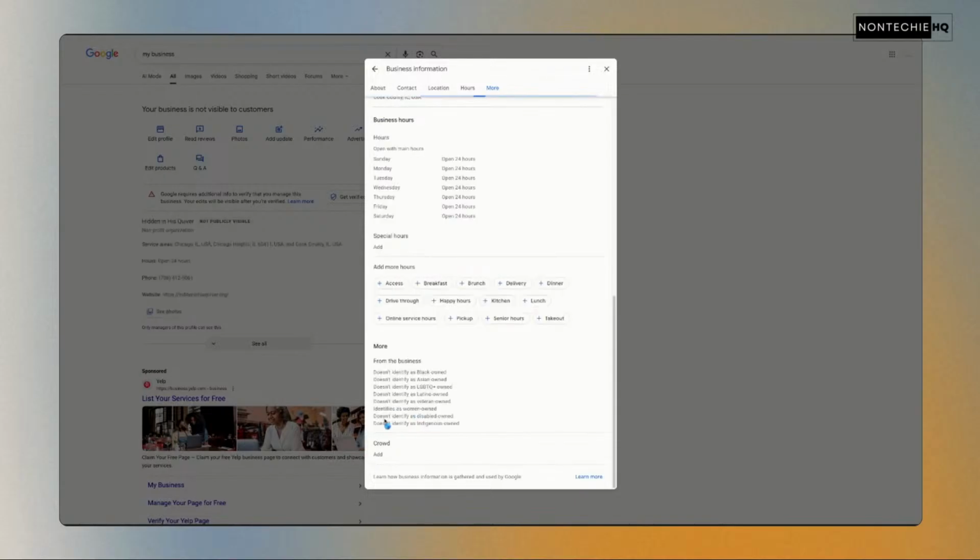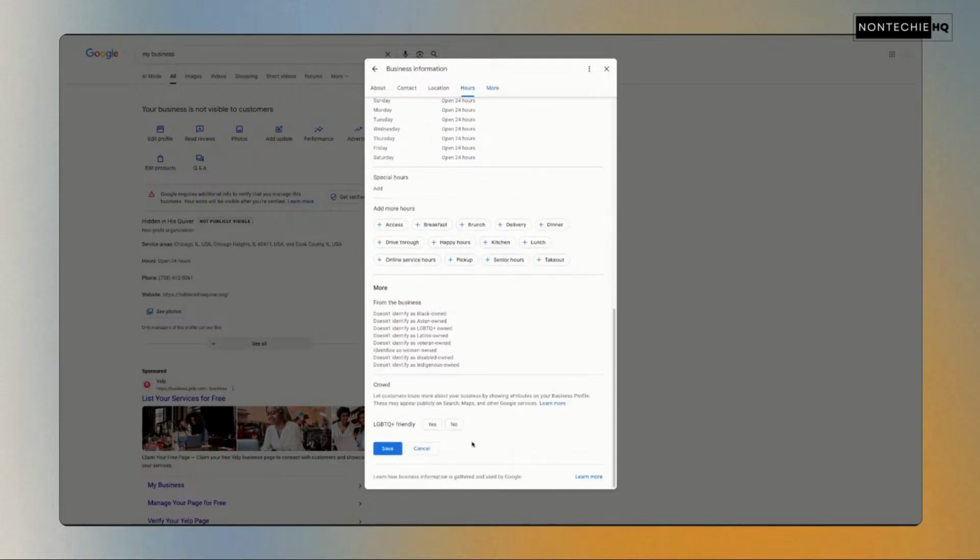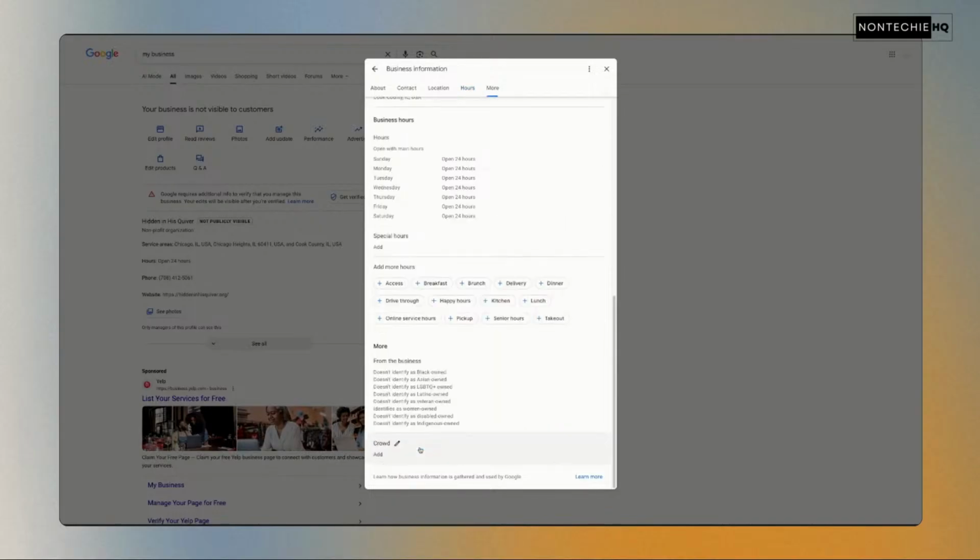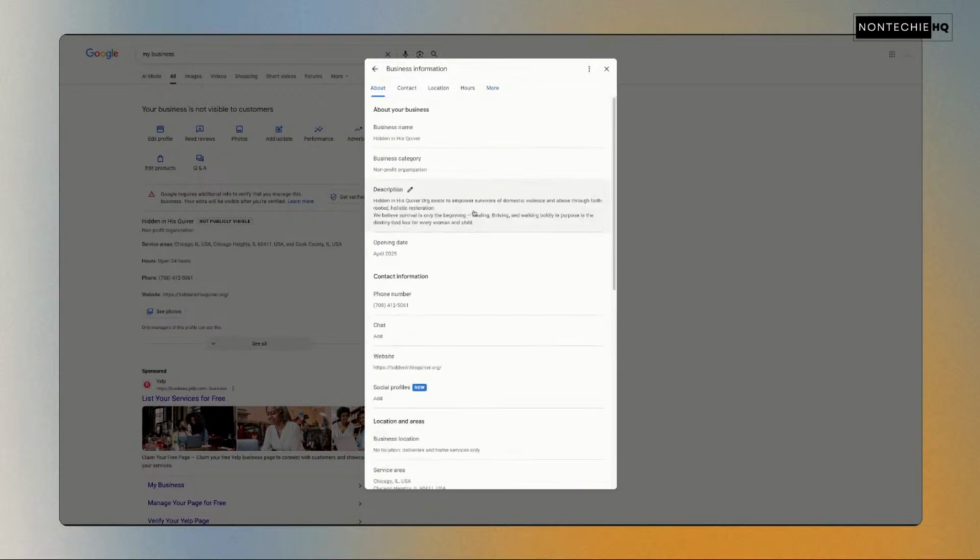Typically, you could put just the yes, and it will only show what you identify as. Then this shows if you are friendly to LGBTQ plus or not. And that is all of your business information here. This is where you'll be able to see and update everything from your business profile.